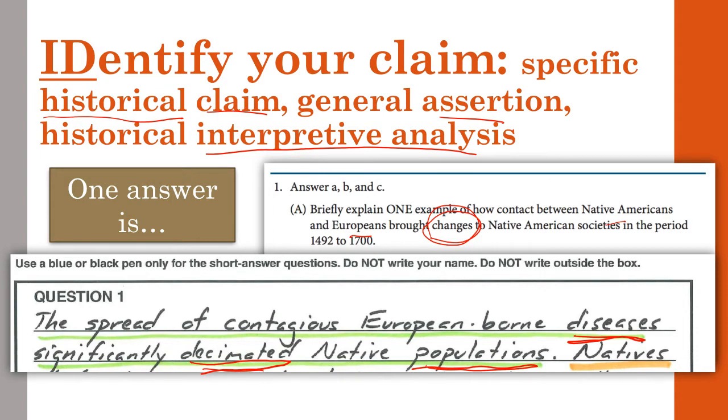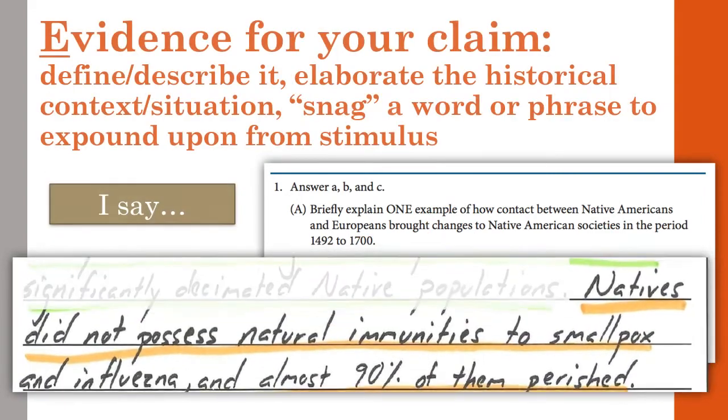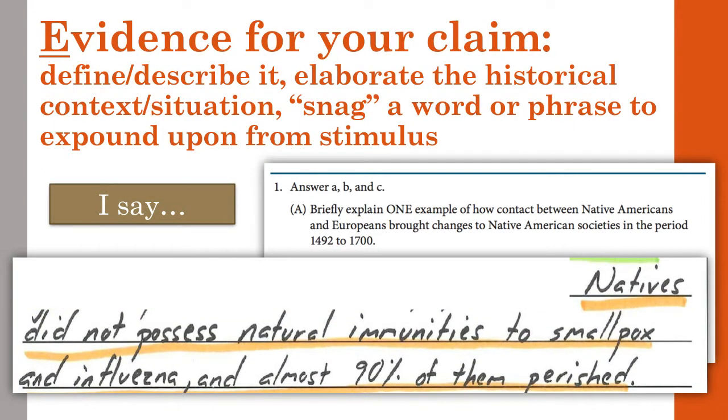How does that population change come about? By diseases. Okay, so there's your identification. One answer is population change. So again, disease technically is not the answer, it's the population change that came about as a result of diseases. So that's one answer. Then what you want to be able to do now is to provide evidence for that